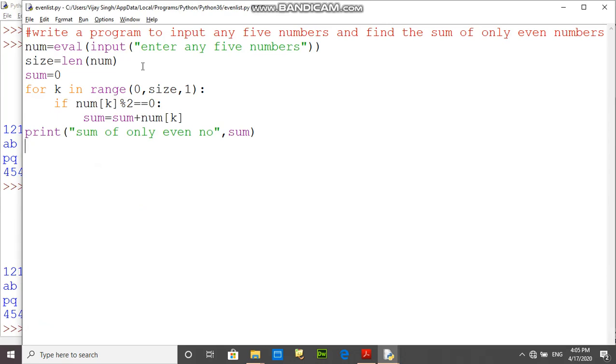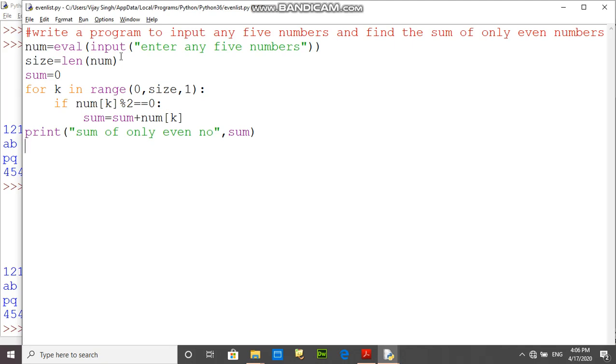And the second program, this is the second question: write a program to input any 5 numbers and find the sum of only even numbers. For this we have to use a list, but that list consists of only 5 numbers. We have to take the values by using the list or eval. You already know the meaning of the eval function.